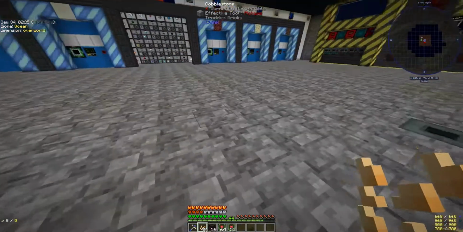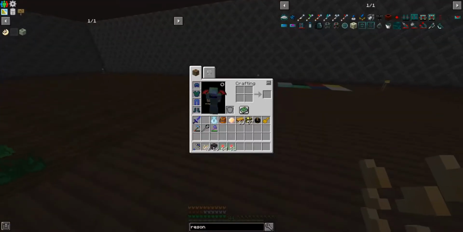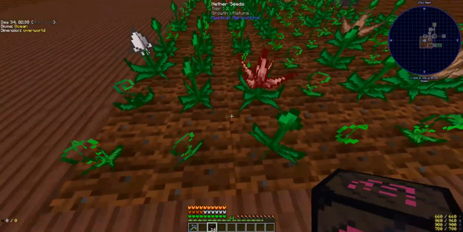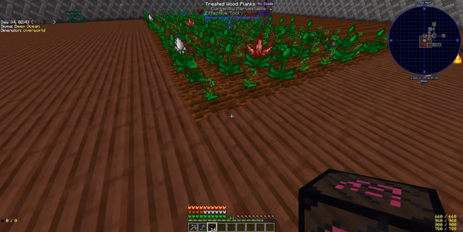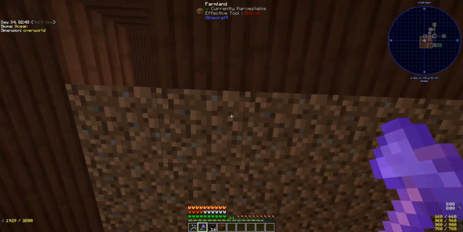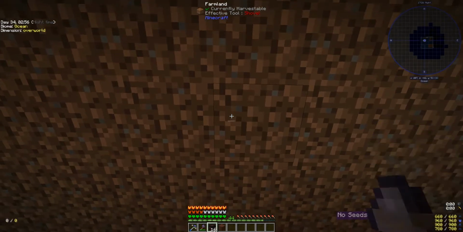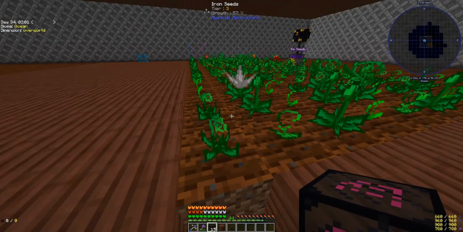Alright. Okay, so we're doing that. And these work in a 9x9, so where's my axe? There's my axe. So all we have to do is 1, 2, 3, 4, 5. 1, 2, 3, 4, and 5. Put one there, and